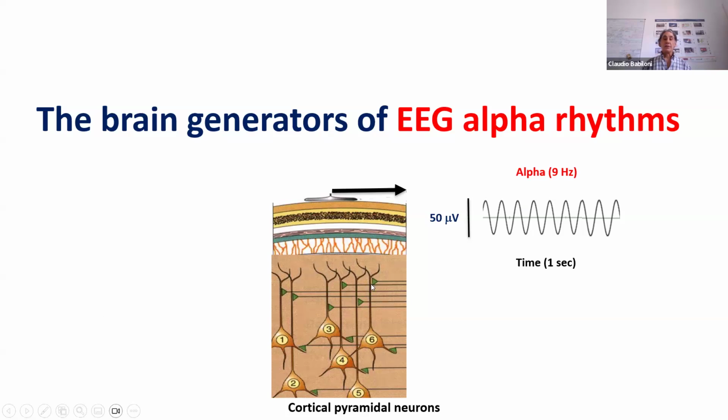When you have simultaneous neural transmission, you have simultaneous postsynaptic potentials at the level of the main dendrites of the cortical pyramidal neurons. And this spatial orientation of the dendrites, like a palisade,